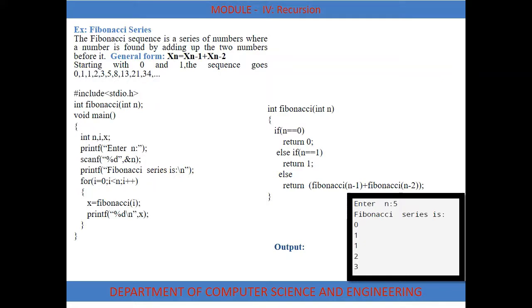Now the second part of the main function, that is Fibonacci of 2, is replaced by Fibonacci of 1 plus Fibonacci of 0. So Fibonacci of 1 is 1, Fibonacci of 0 is 0. So that part is 1. Now finally we will get the return value as 1 plus 0 plus 1 plus 1. That is finally 1 plus 1 plus 1, that is 3. So now this final value is passed to the main function. So that is the value of x. Now on the output screen we will get 0, 1, 1, 2, 3.